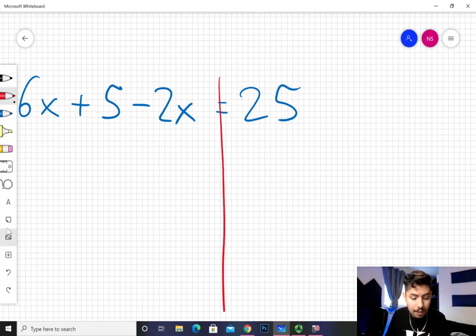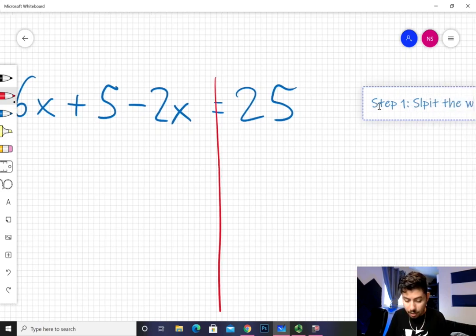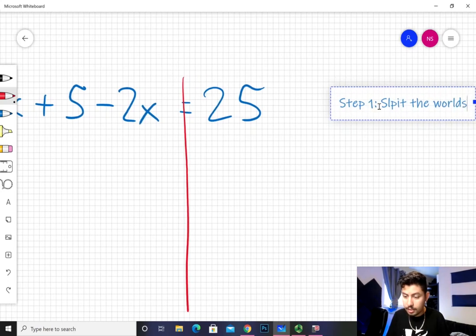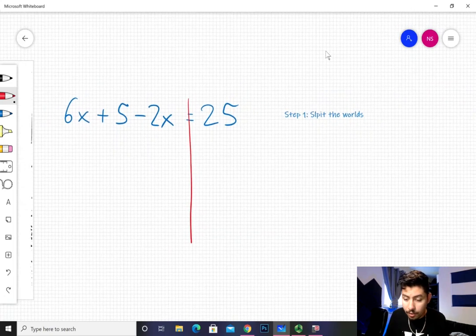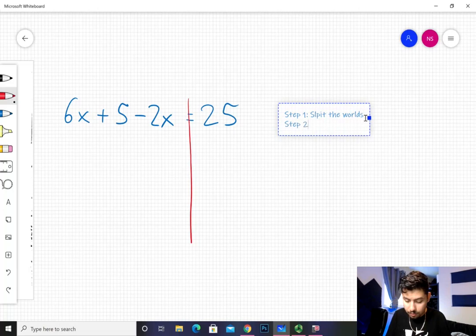So I do want to write a couple steps up here that I think will be extremely helpful. If I were to add this here, we are going to do step 1. Step 1, well, I already did it actually. You split the worlds. That's our first step. That's our little line that we did. Okay, step number 2. Step number 2 is simplify